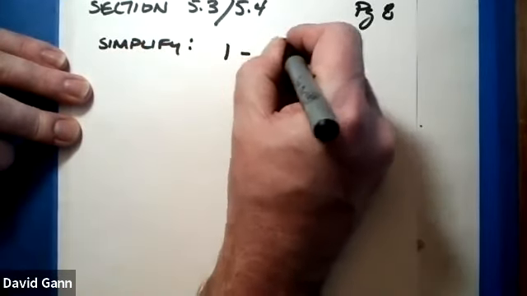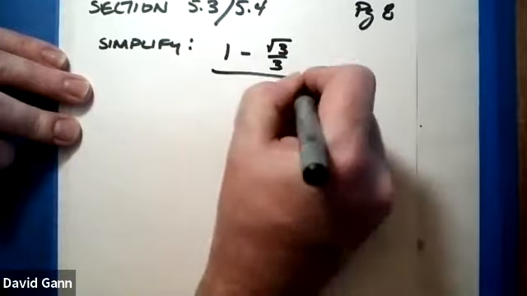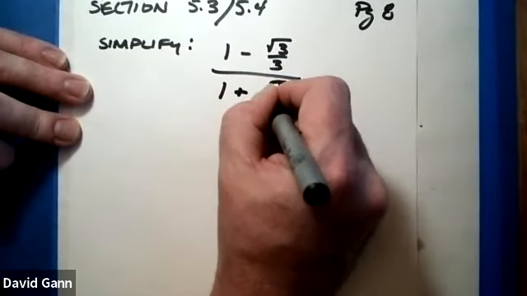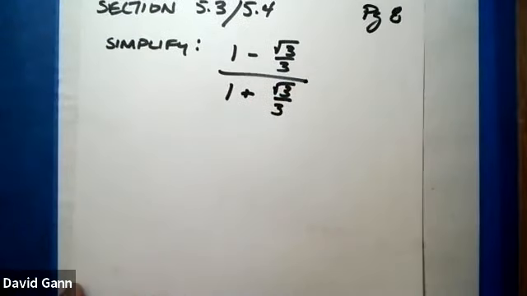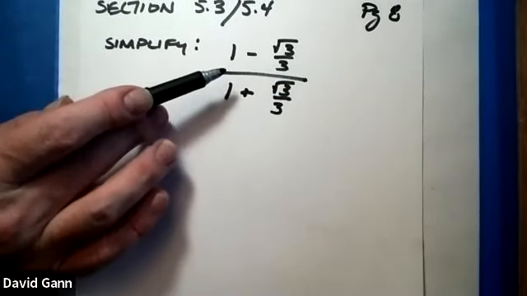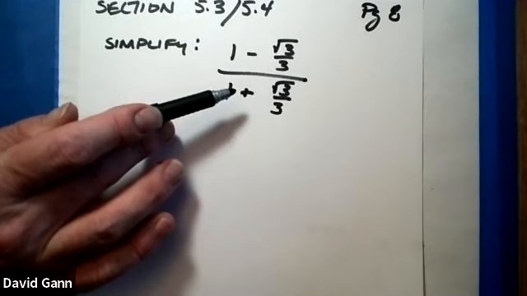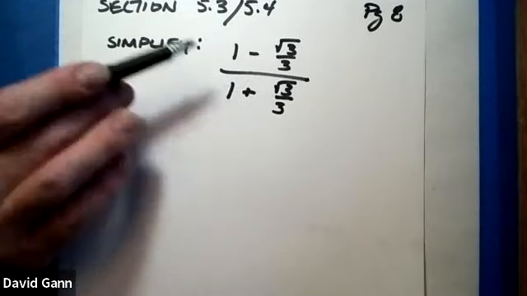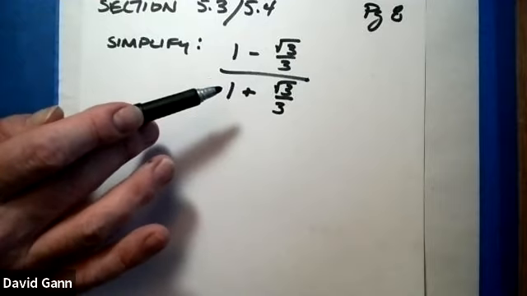1 minus square root of 3 over 3, all over 1 plus square root of 3 over 3. Okay, so let's tackle this in steps. This is a complex fraction. For complex fractions using what's the so-called method 2, we're going to multiply every term by the least common denominator